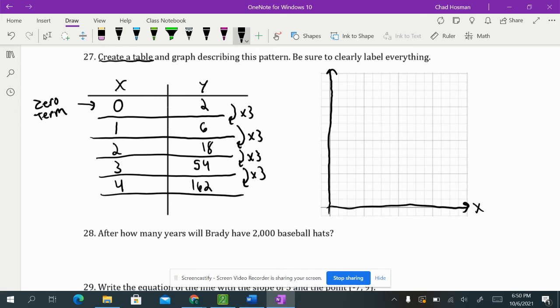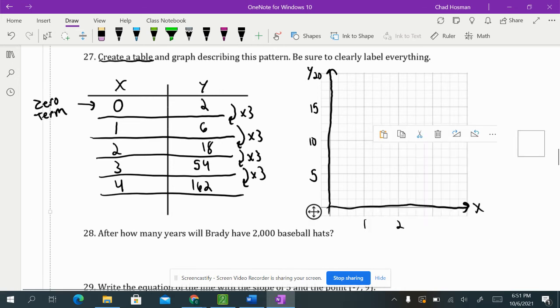So we have X and we have Y. And what we can do, let's count by 5. So we got 5, 10, 15, 20 at the top. Then we'll just count by ones here. 1, 2, oops. Sorry about that. 3, and we'll only need to use 3. All right, so